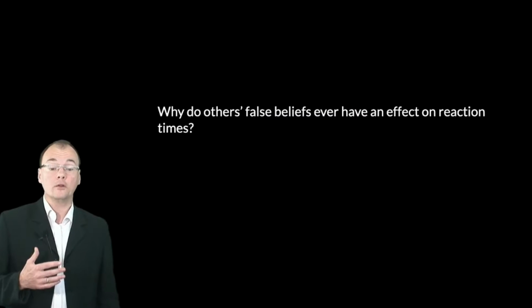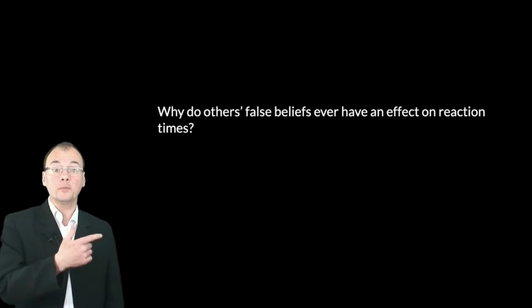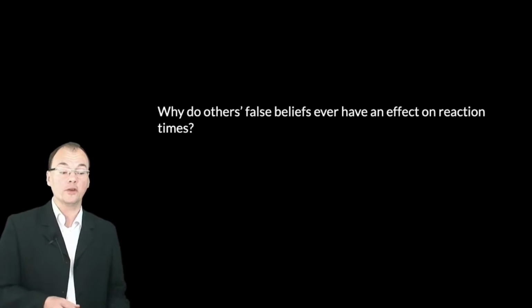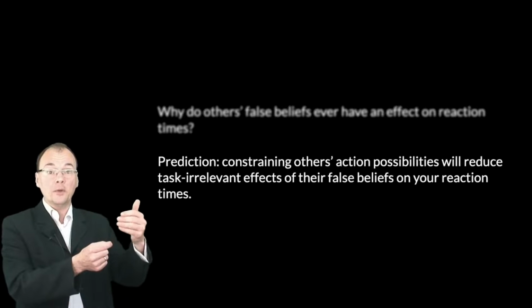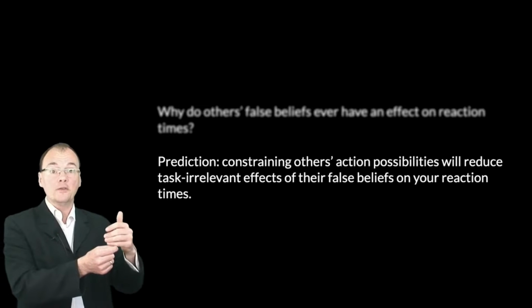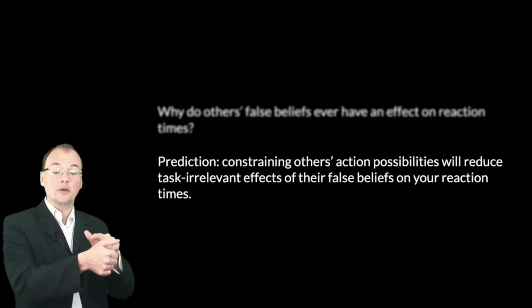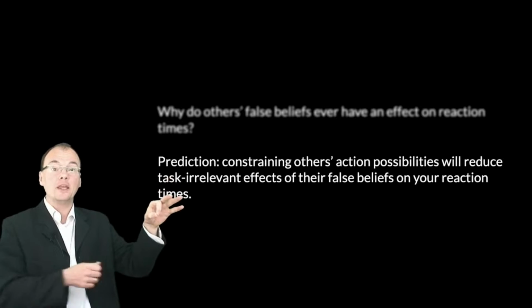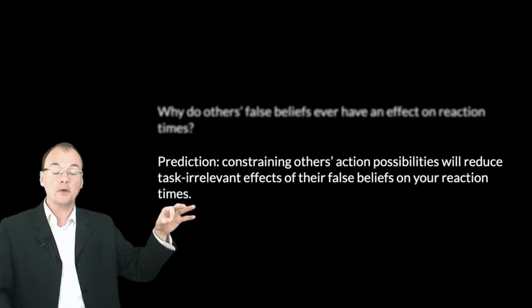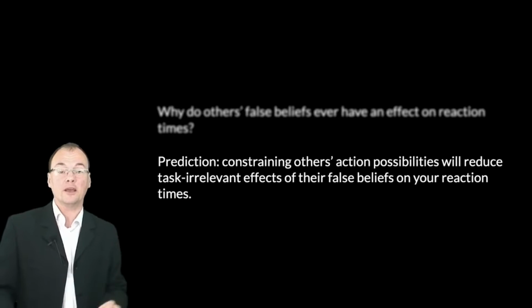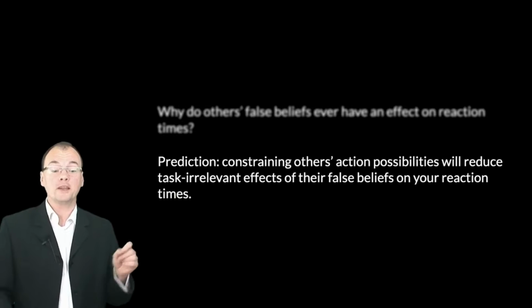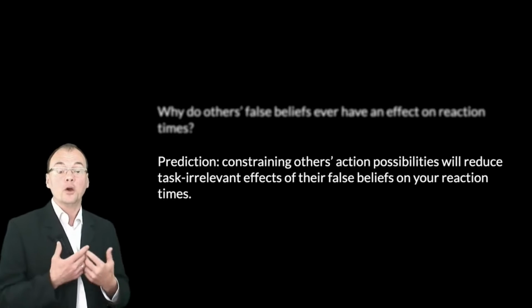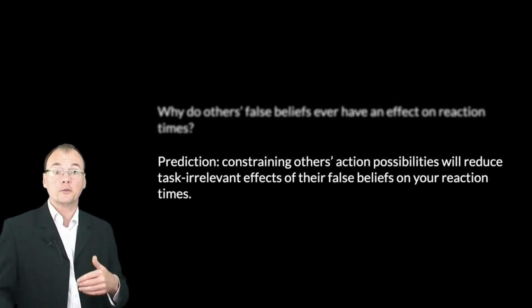So here's a really wild thought. Why is it that other people's false beliefs have an effect on your reaction times? Well, maybe what's happening here is that those anticipations of their action are influenced by the fast mind reading processes that are keeping track of their belief. So somehow that information about belief is feeding into the motor processes that anticipate action. Now, if that's right, then constraining other people's action possibilities ought to reduce the effects of the false belief on